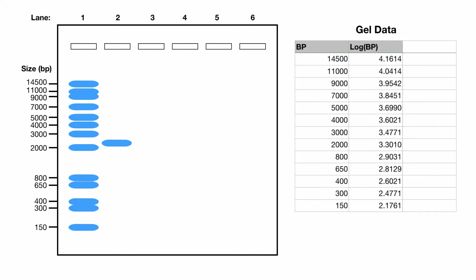Next we start measuring the distances that the bands in the DNA ladder have moved. So the first band there, if we measure from the center of the well to the center of the band, has moved 22 millimeters. The second band has moved 27 millimeters. The third band, the 9,000 base pair band, has moved 30. The 7,000 band has moved 37, and the 5,000 and onwards we just measure them and fill in the table, as you can see here. Finally, we measure the distance that our unknown band has travelled, and that is 58 millimeters.